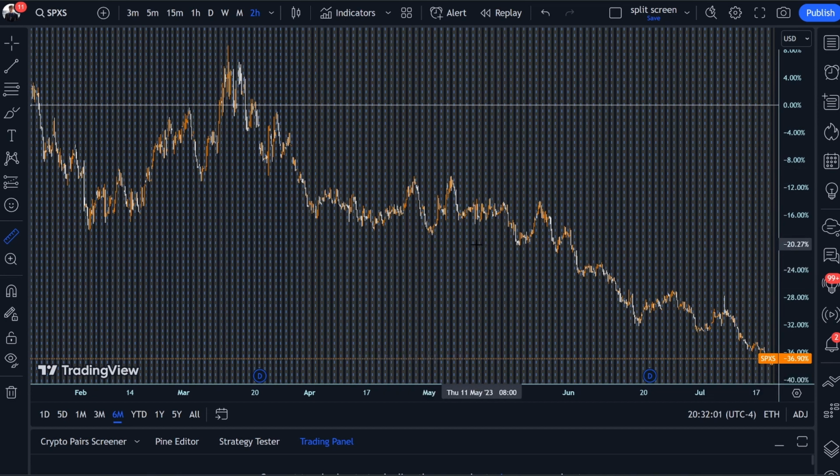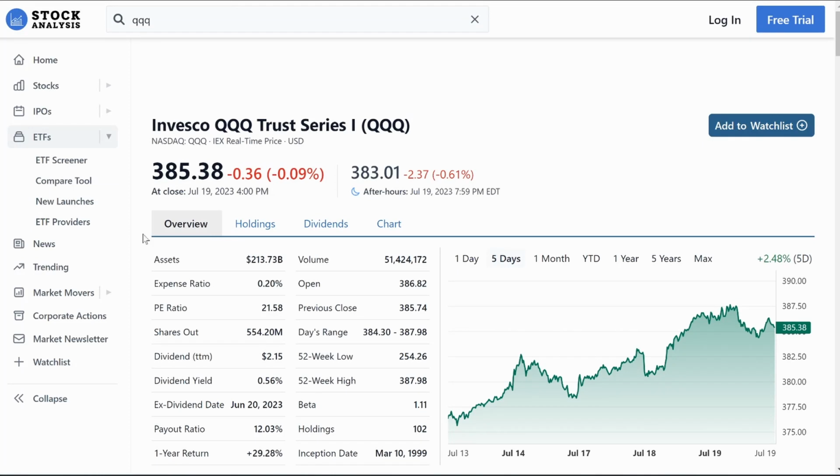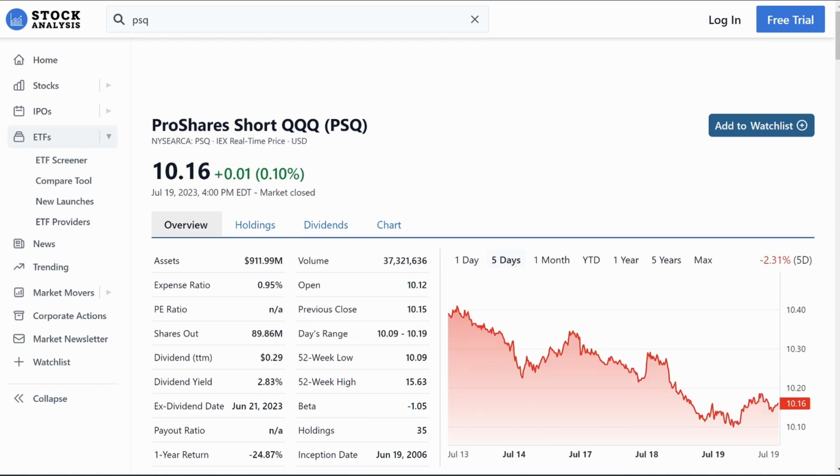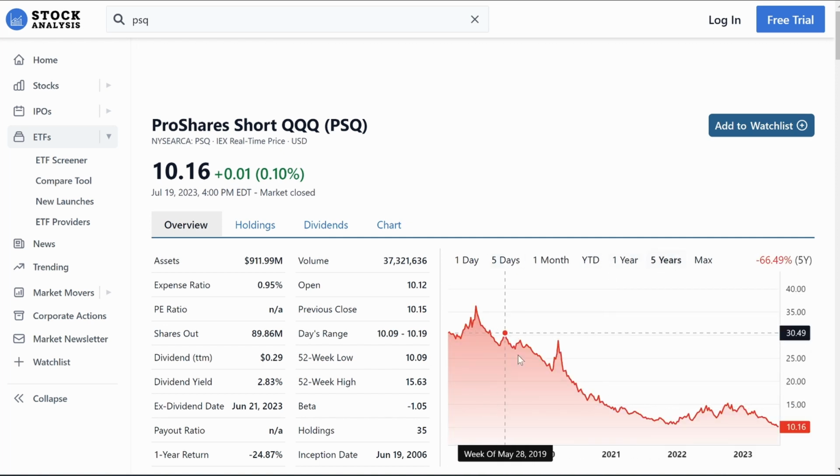So now the other two that we're going to be looking at is the inverse of the Qs. So right now the Qs, same deal over the past 5 days. As I'm recording this, it's up almost 2.5%. So the first inverse, it's the PSQ. You can see this is down also almost 2.5%. It's 2.31%. And you can see if we were to go look at the past 5 years, so right around